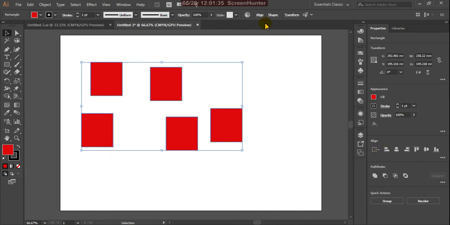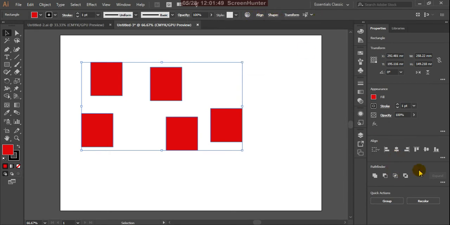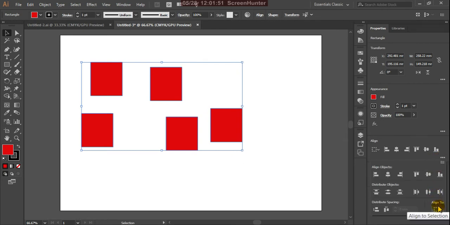The options are there. Suppose here I'll use align to selection.